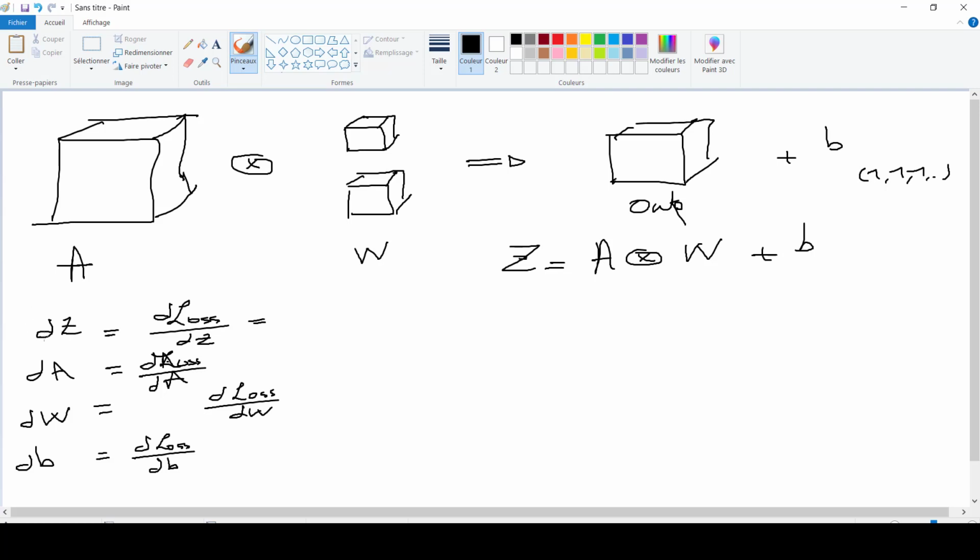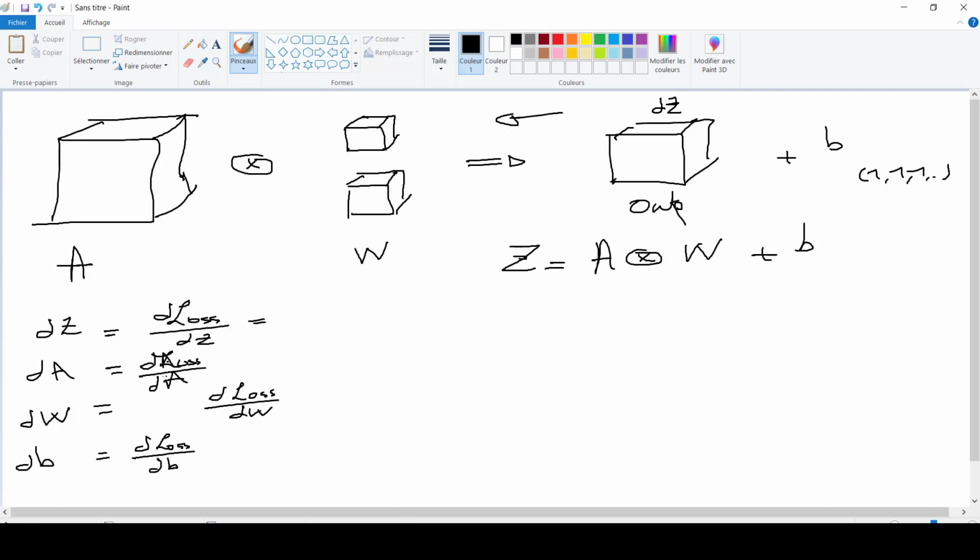So dz already exists and we know it. Let's call this dz. It's going to have the same shape as this output. So we already have dz, and we are going to move backwards.